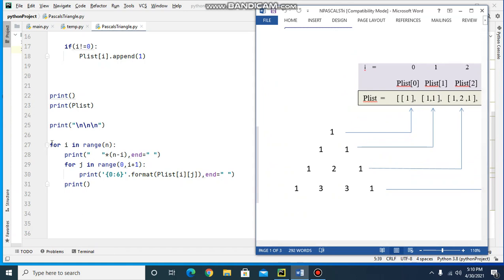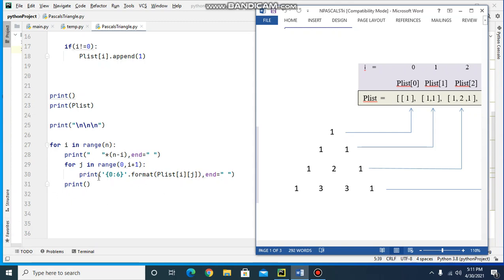So now in this outer for loop, for i in range 4, n is 4 because we are having 4 rows here. So for i in range 4 means the value of i will start from 0 and it will go up to 3. Here I am printing 3 spaces into n minus i, that is 4 minus 0, that is 4. So 3 spaces into 4 means 12 spaces will be printed here. Then for j in range 0 to i plus 1, the value of i is 0, so 0 plus 1 is 1. So range is 0 to 1. So the j loop will get iterated one time for value of j equal to 0.